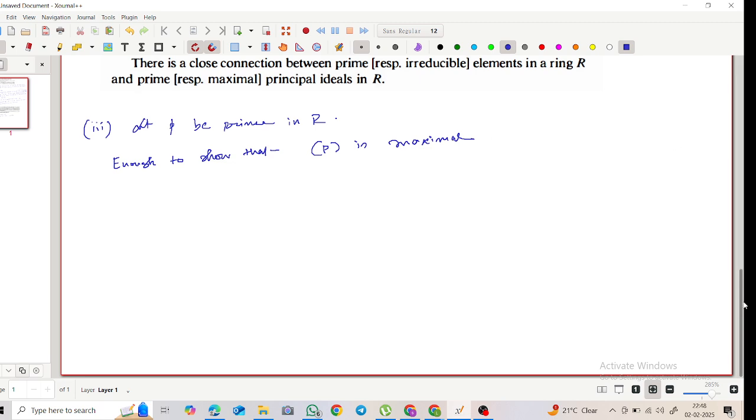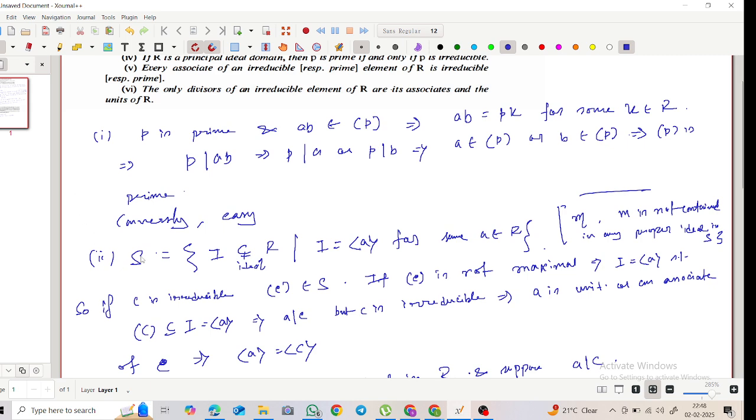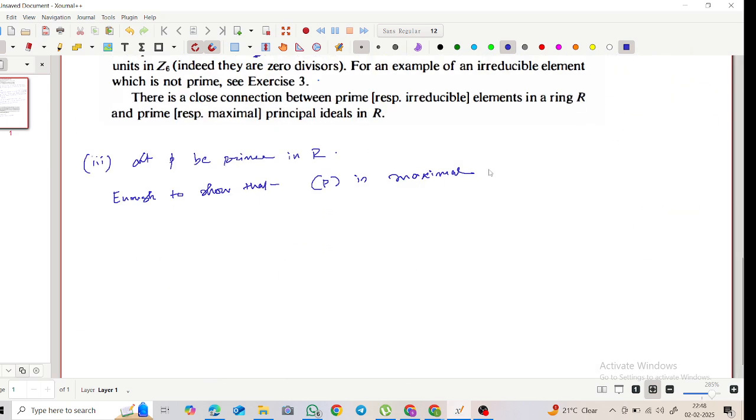By 2, it is enough to show that this is maximal in the set of principal ideals, right? So if